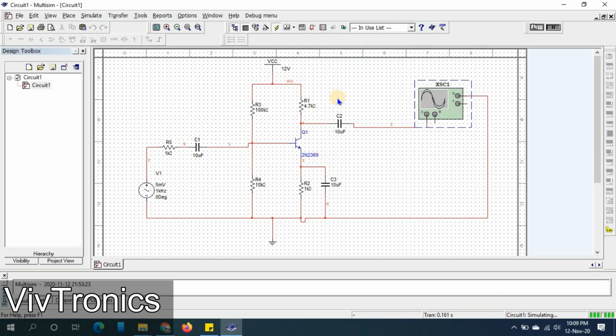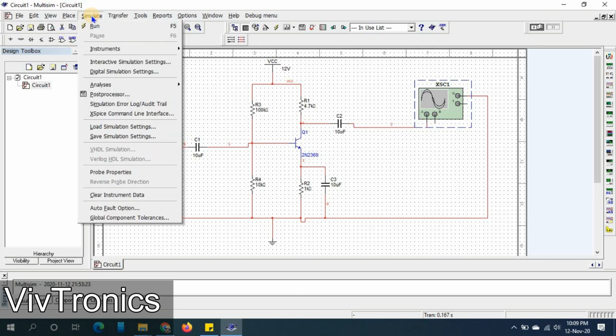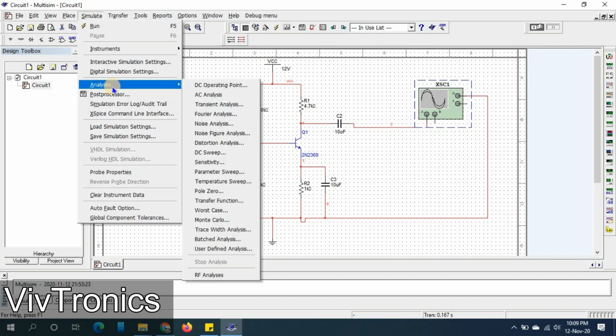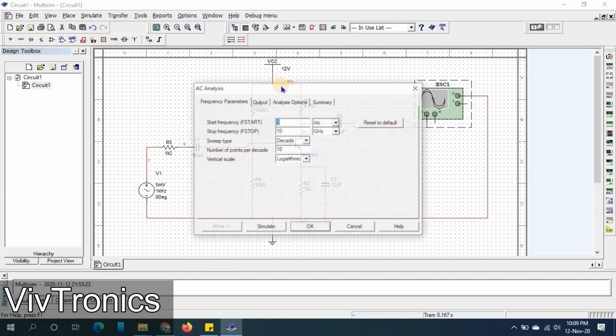So now we are going to see the Bode plot for this, which is called AC analysis. In order to do this, we have to turn off the simulation first, go to the simulate menu, then go to analysis and select AC analysis.